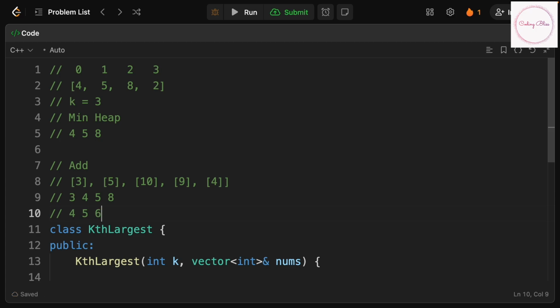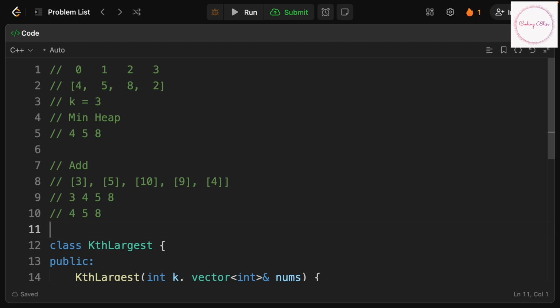Then this will end up this way, and this add function can actually return 4. We will return 4. So that means you will still get the kth largest element as 4. Now comes 5. So what will happen is this will become 4, 5, 5, 8, and we take out the